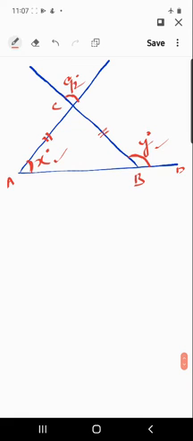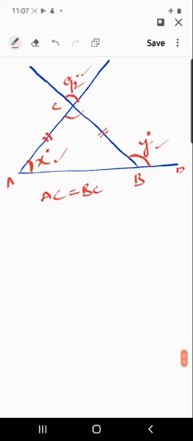So this symbol representing the given two lines are equal, that means AC is equal to BC. So that thing we know, and here now we are going to find x and y. How do we find it? Only angle C is given, and this side is different, and these two angles are vertically